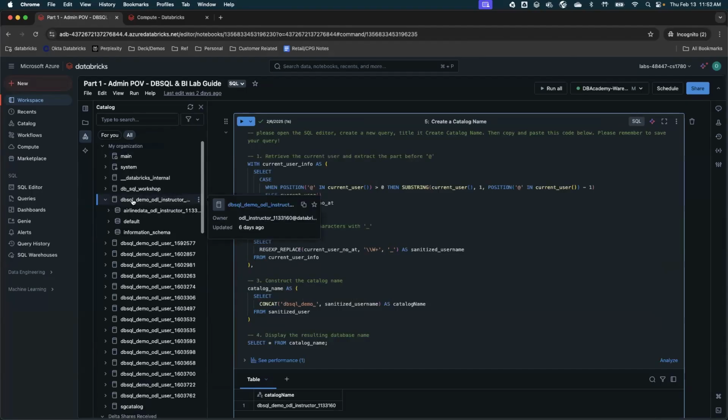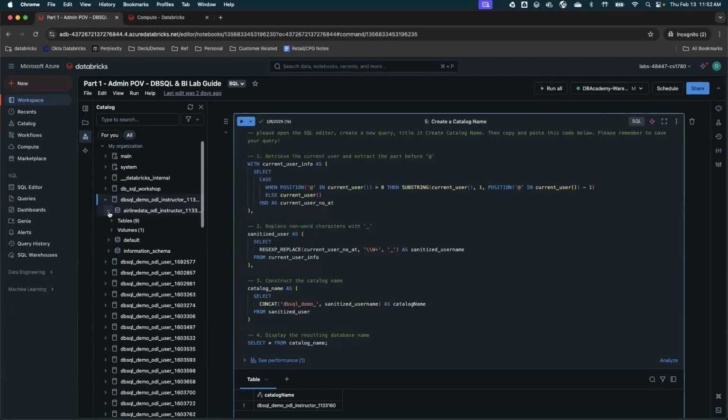In a catalog, you can have different schemas, like different databases. So database is equal to schema, and you will have all those different schemas under your catalog, and then you can have tables and volumes. Once you start building machine learning models, you will see machine learning models here. So you can see all those details under your catalog. You can go to each object and define permission, or you can also add permission at catalog level. So this is nothing but a catalog.